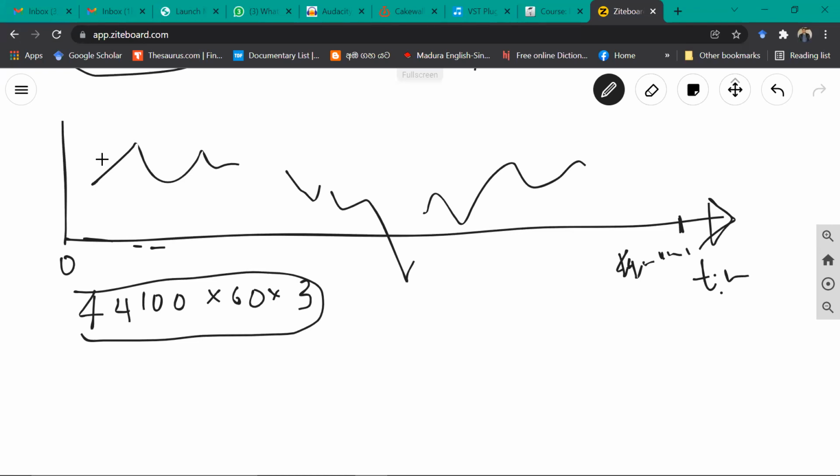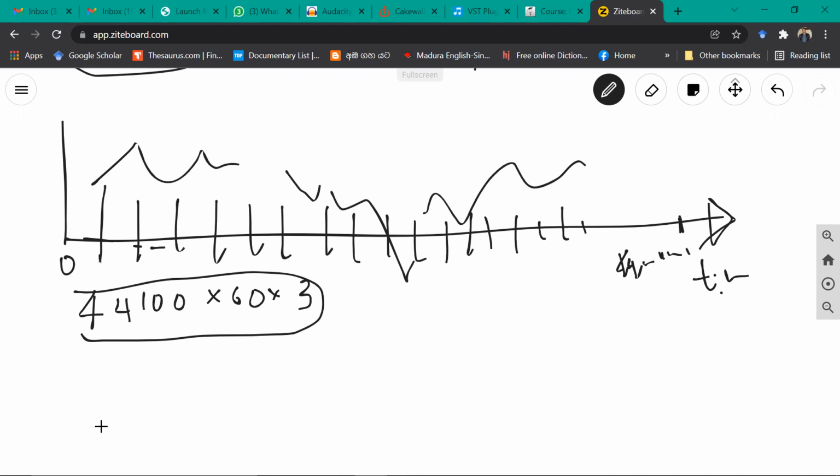So when we convert them into the frequency domain, as I told you, we cut that into parts. We call them windows. If we cut that into, let's say, 50 millisecond windows,